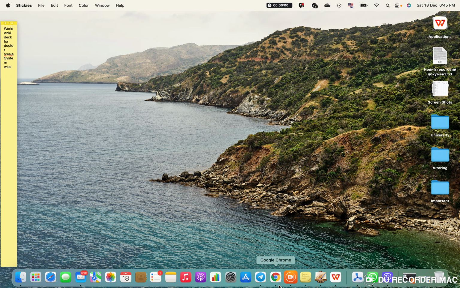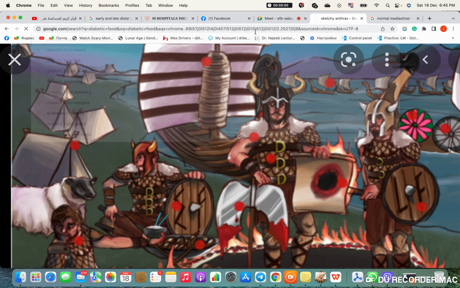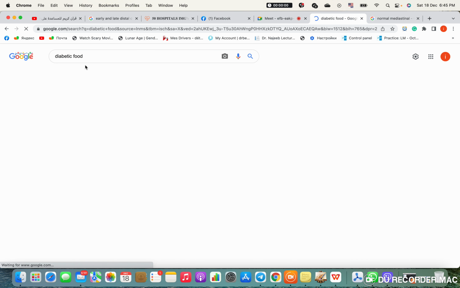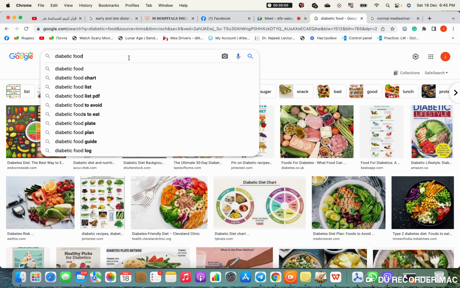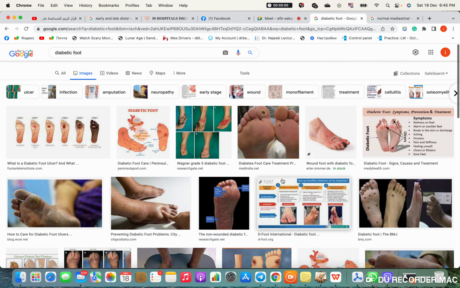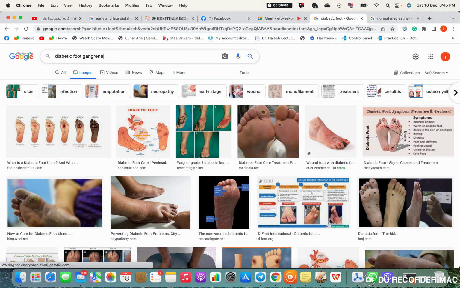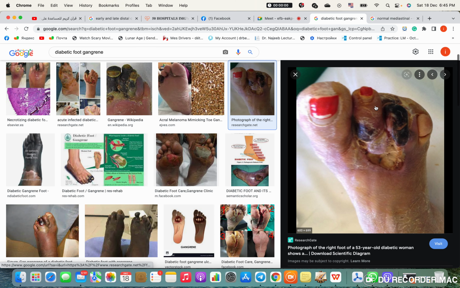This is a good time to speak about diabetic foot actually. In case of diabetic foot, that is really bad shaped actually. Something like the, what? Diabetic foot, not food. Diabetic foot. So you can see sometimes they can have really bad gangrene in which you practically can see their bones. Something like this.